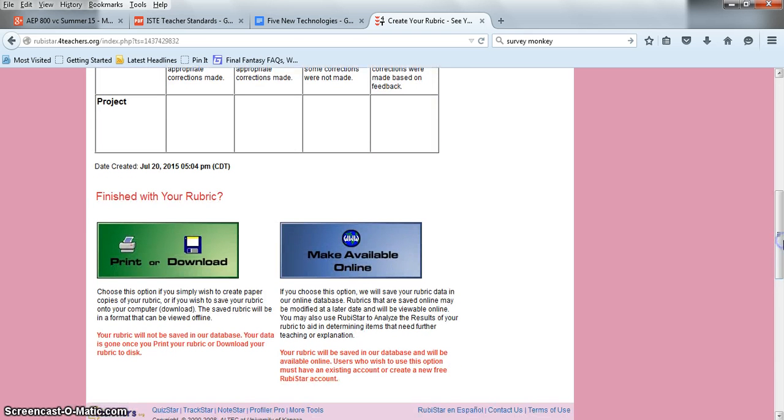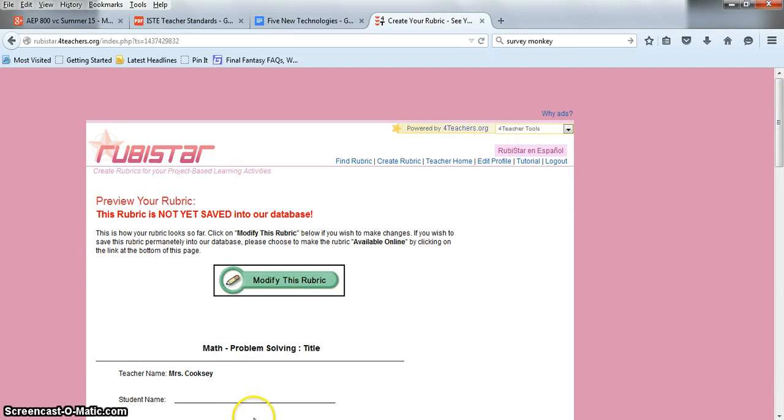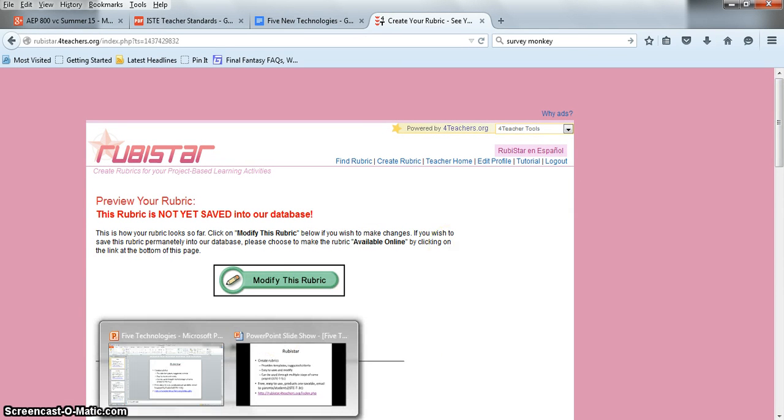And once I'm done, I can save it a lot of ways. I can save it online, make it really easy to share with students and parents, or I can download it and save it onto my computer, or I can do both of those things. I think it's a really good resource. It's really easy to use, and I hope you enjoyed this